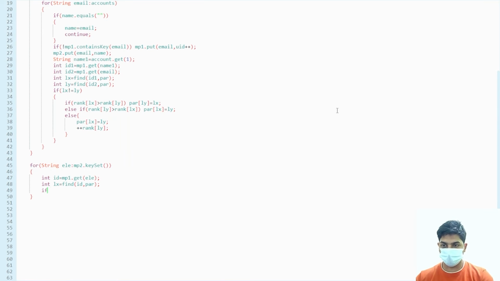So what I will do, if negation, first let's make the map. I have not made the map. Hash map of integer comma list of string, map3 equals new hash map. Okay, now if my map3 does not contain this key, if negation map3 dot